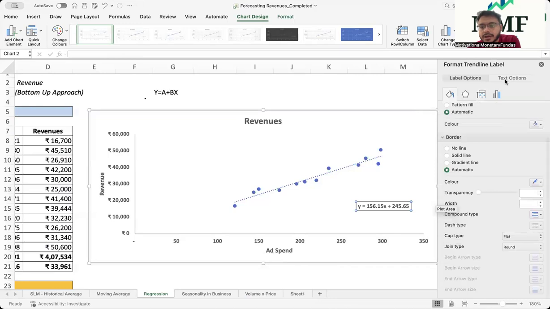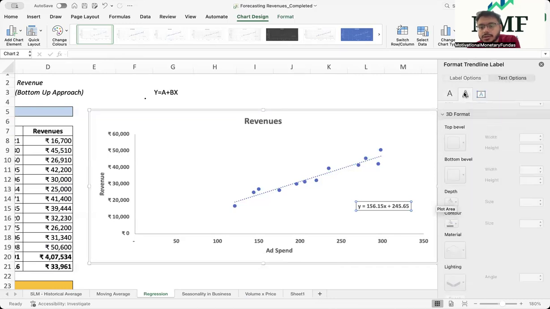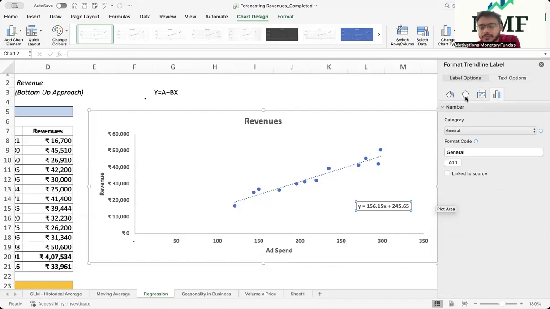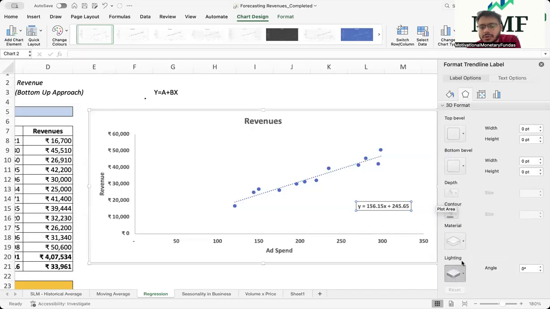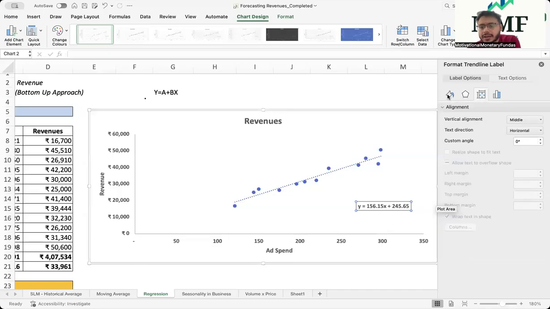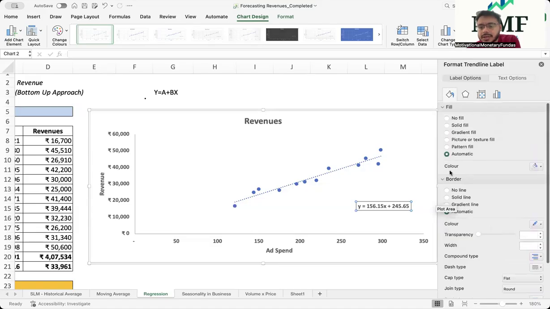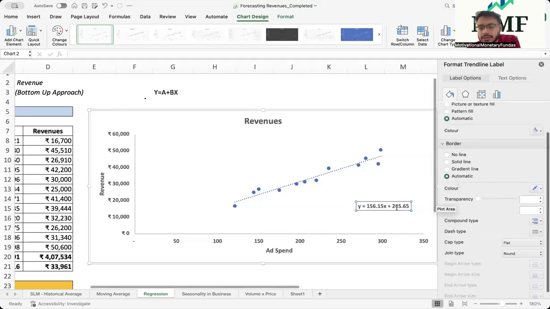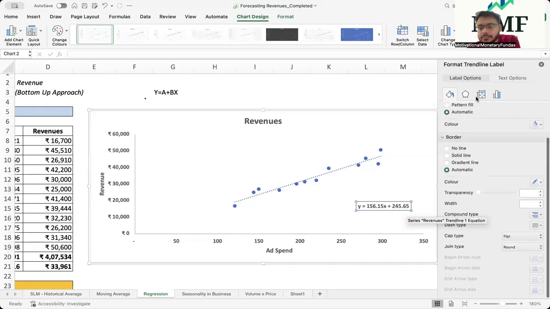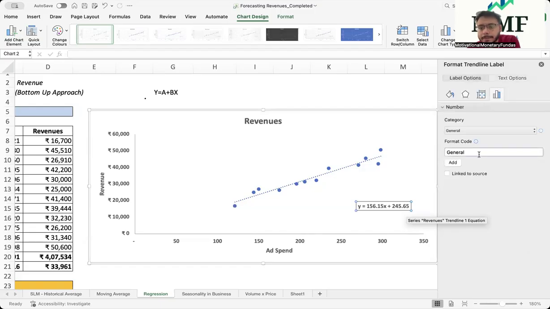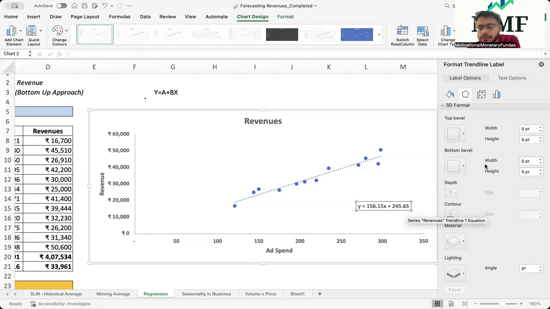ये सब colors वगैरह हो गए. You have these text options. You can add the text, but इन सब चीज़ों का ज़्यादा यूज़ नहीं है. इन वाले चार्ट्स में ज़्यादा यूज़ नहीं रहेगा, right? So this is basically how you can try to arrange all of these things, right? टेक्स्ट ऑप्शंस हो गया, ट्रेंड ऑप्शंस हो गया, टेक्स्ट आउटलाइन हमने समझ लिया. अभी इन सब चीज़ों की बाकी चीज़ों का you need not worry about. Then